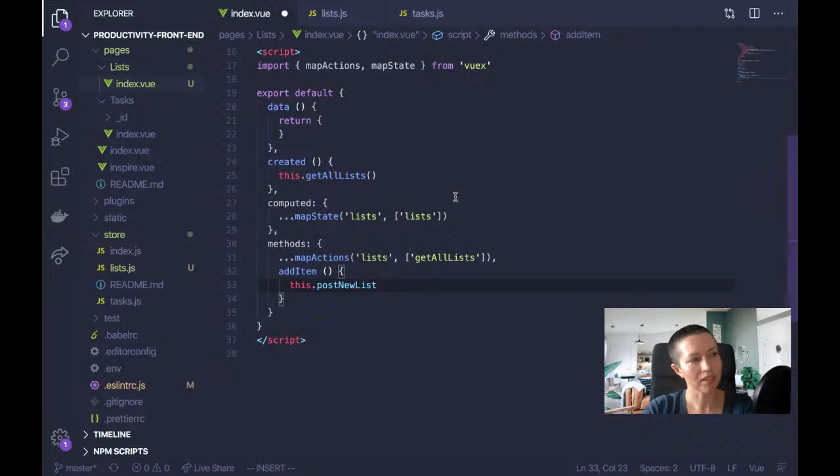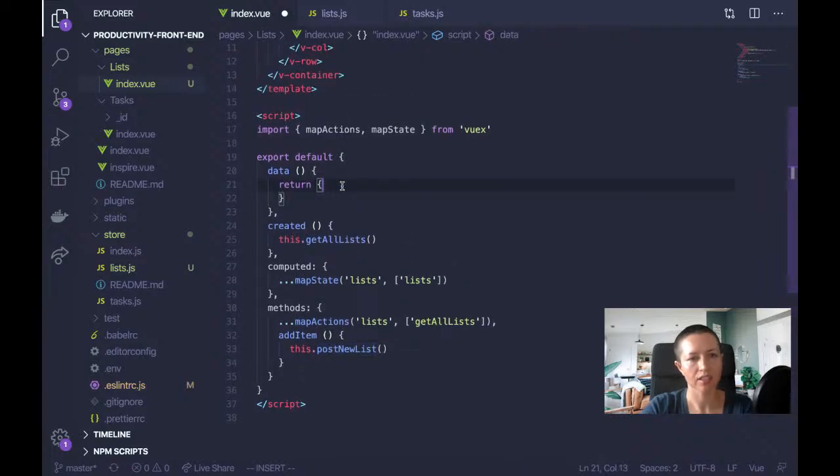But then you can have nested lists as well. So yeah, I'm going to have to work that out in the database because right now you can only have one nesting. I wanted to make this as easy as I could to start, but it still turned out not being easy. Anyway, so add item, post new list,